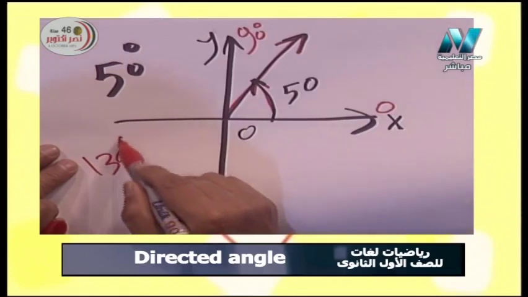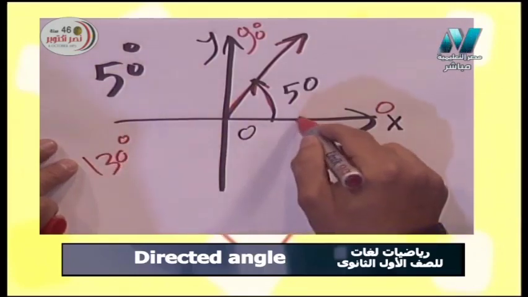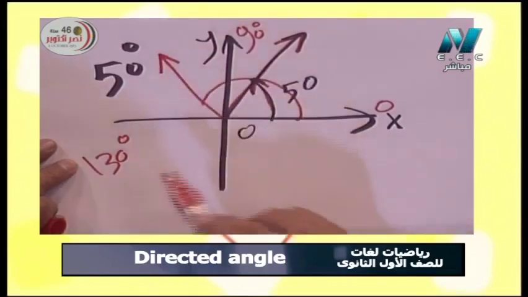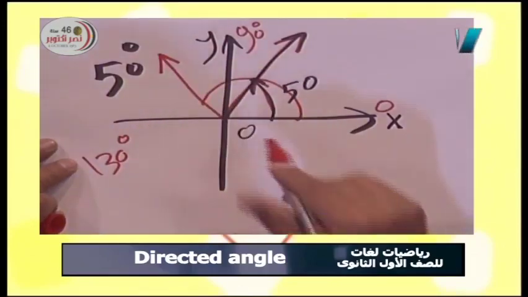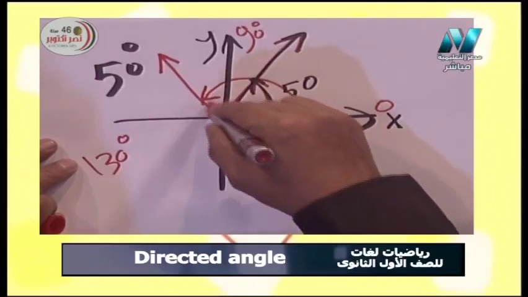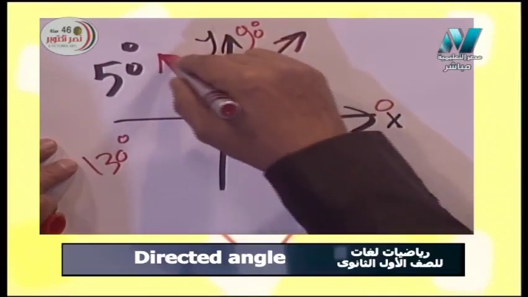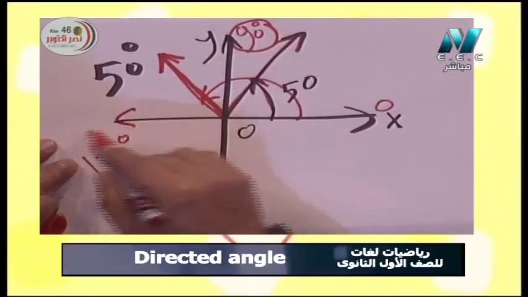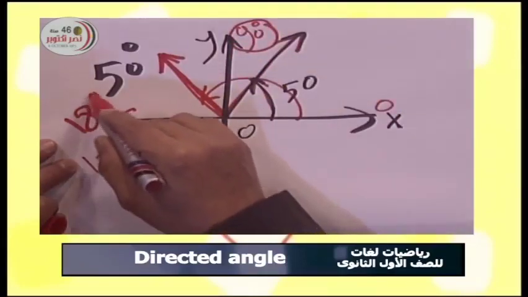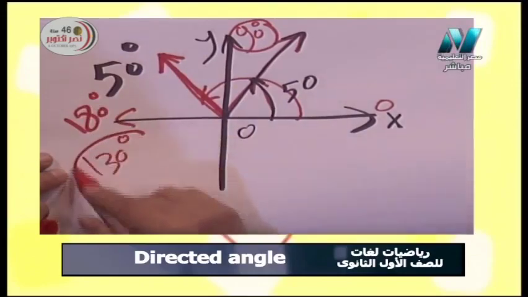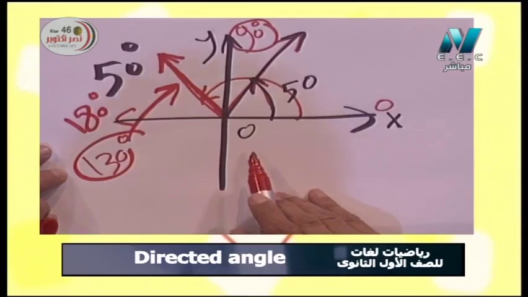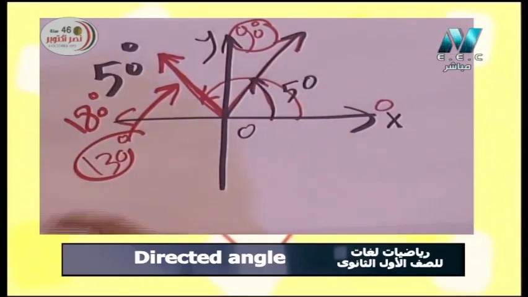But 130 degrees will lie in the second quadrant. Why? Because the terminal side of this angle lies in the second quadrant, which is included between 90 degrees and 180 degrees. So 130 here lies in the second quadrant. And if we draw another angle like that,